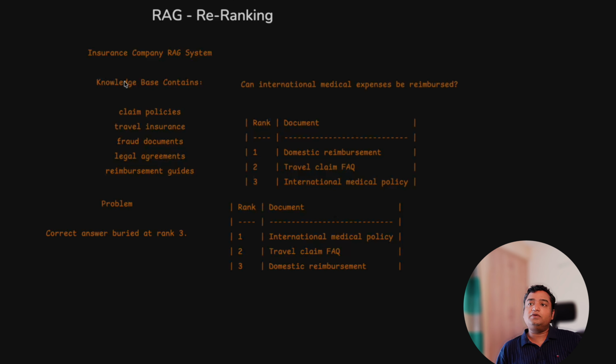Okay. Now the vector database contains the external knowledge source. So we have a knowledge base, meaning the vector database contains claim policies, travel insurance information, fraud documents, legal agreements, reimbursement guides. These are the information which are available in your RAG system's vector database. Now, a user fired the query: can international medical expense be reimbursed? So this is the query, and the answer needs to be searched from this information which is stored in